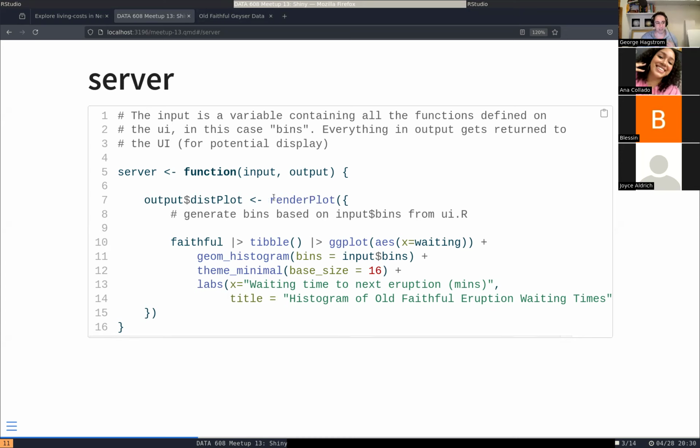And basically, within Shiny, there's a ton of different functions that all start with the word render. And those are functions which basically create an object that you can put into the output. So I'm going to say the output's going to have a component called dist plot, and I'm going to set it equal to the outcome of this function. And then here I just generate my graph